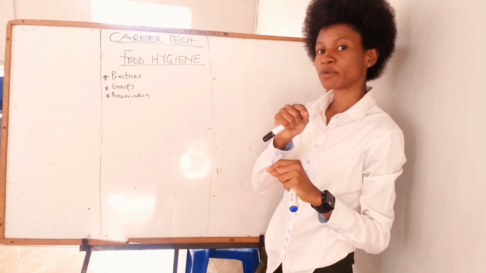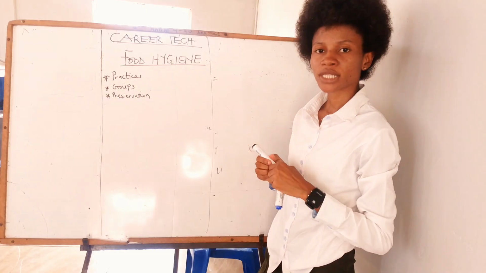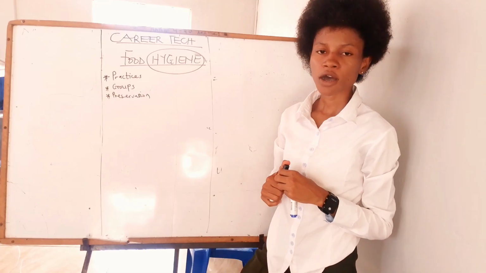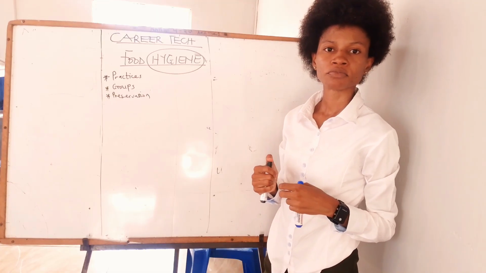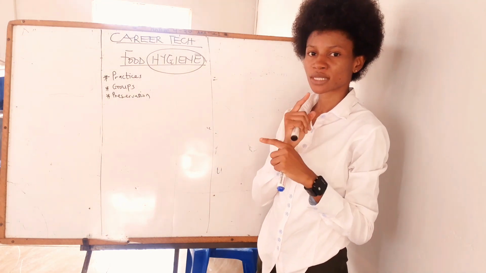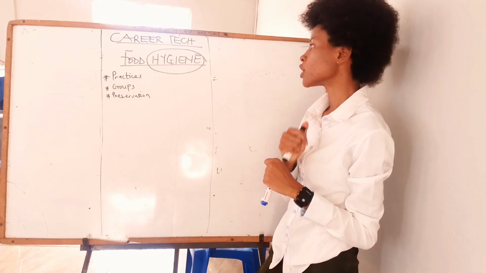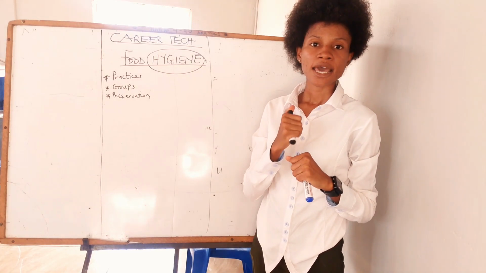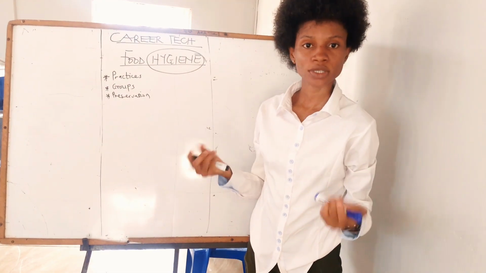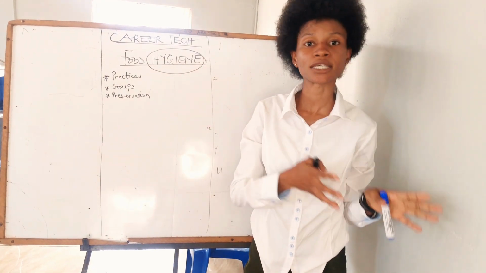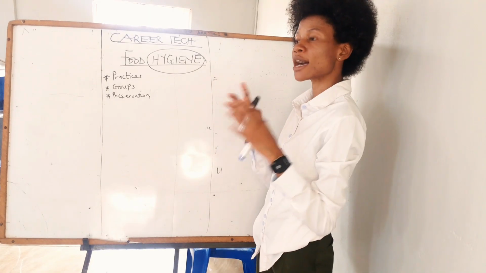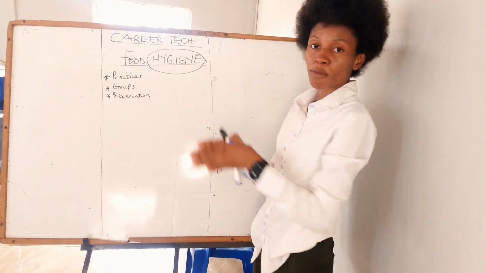But even before we dive deeper into food hygiene, the students have to understand what hygiene is. So what is hygiene? Hygiene simply means the rules or whatever it takes. Because the student will be using this definition, let's go for a normal definition, okay? So hygiene simply means maintaining a healthy environment or keeping one's surrounding or body clean. We've not stated whether it is personal hygiene or whatever. So keeping oneself or the surrounding clean, anything that has to do with keeping the environment or the body clean